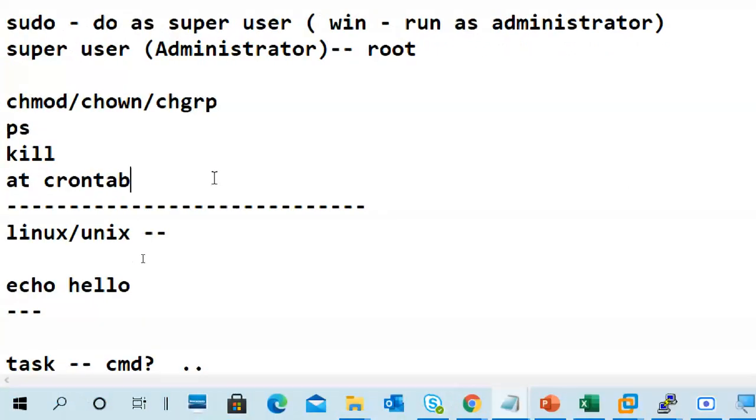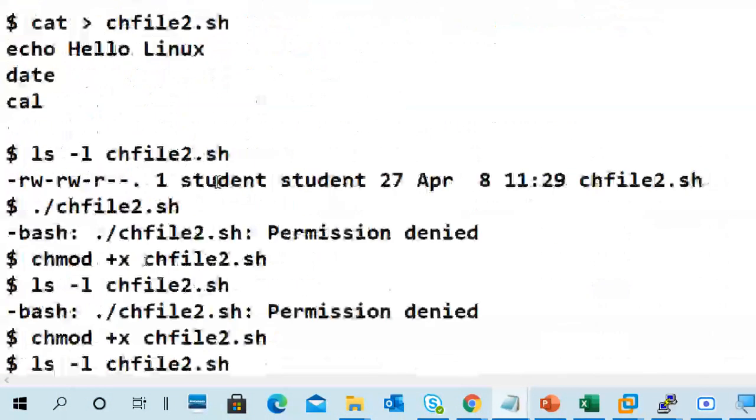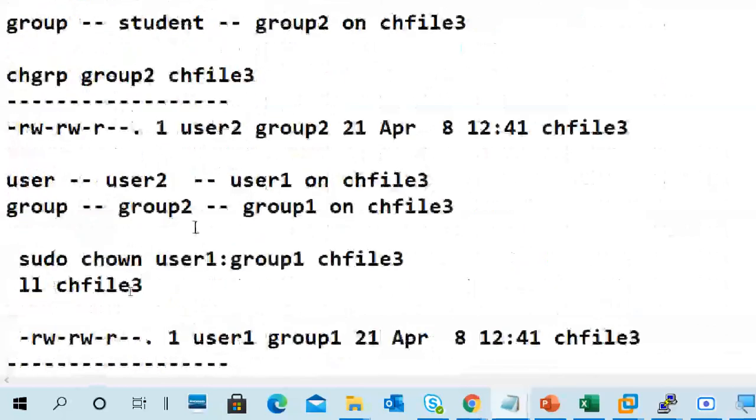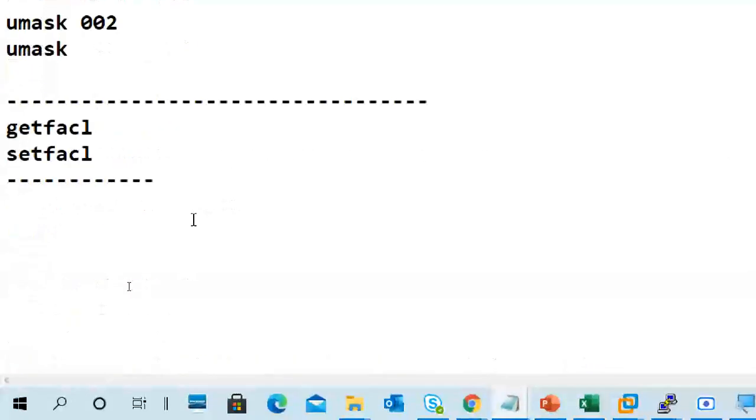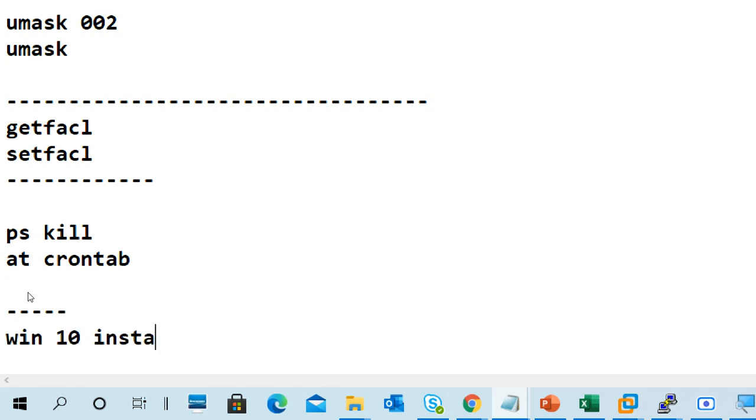Meanwhile, I have to download a fresh Windows 10 image; I will tell you how to download it and show you that today also. So in the afternoon, if possible, I will show you getfacl and setfacl. Second, important are ps and kill and at and crontab. Any leftover things we'll see, and the Windows 10 installation also, with one or two settings.